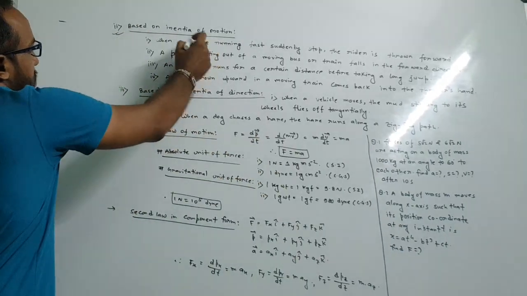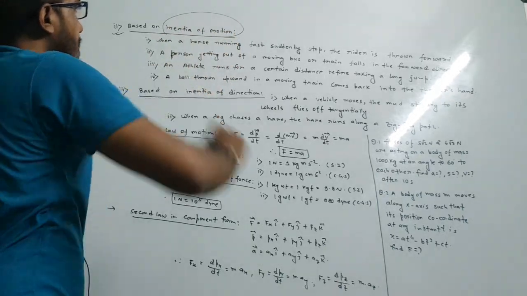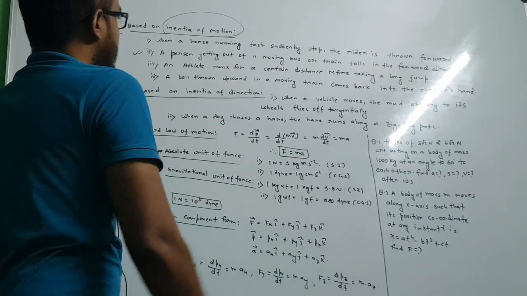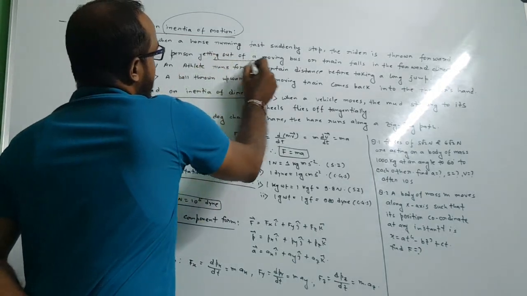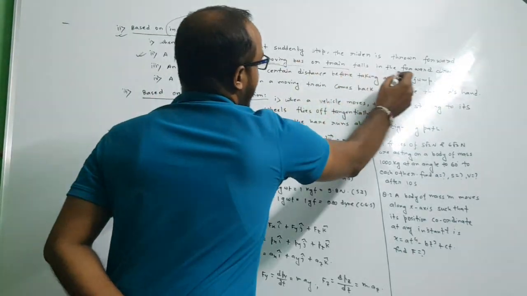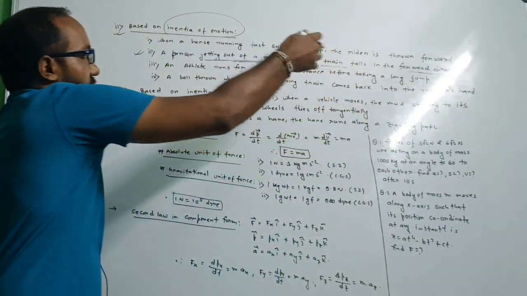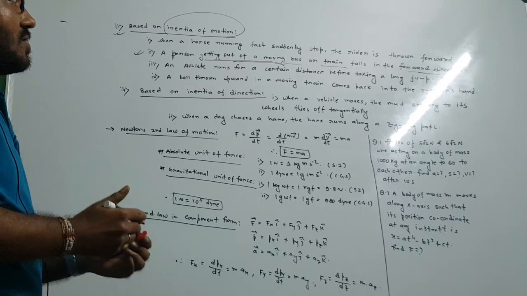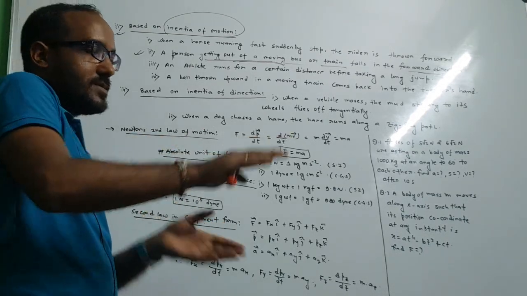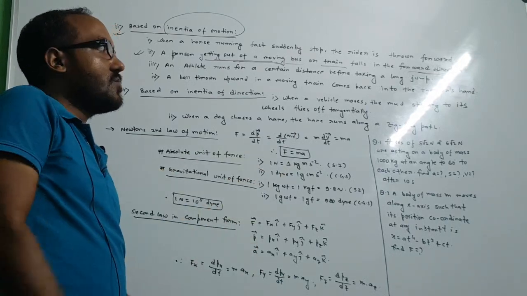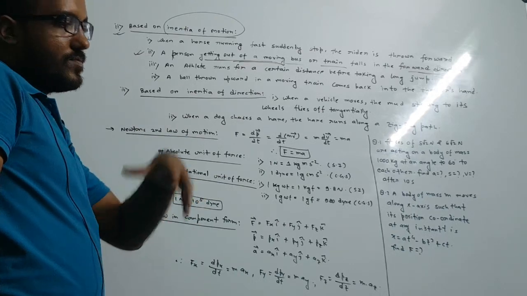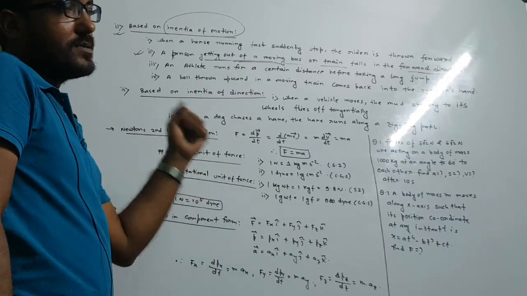Okay, let us continue. These are the examples based on inertia of motion. We already have this experience: when a person gets out of a moving bus or train, he or she falls in the forward direction. Why does he or she fall forward? Because his or her feet are in touch with the surface of the moving bus. So when the bus is running and that person wants to jump out of the bus,